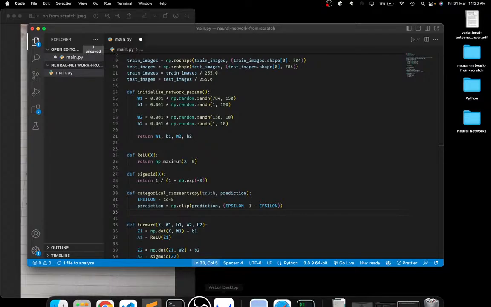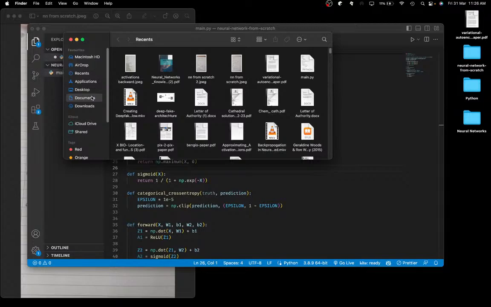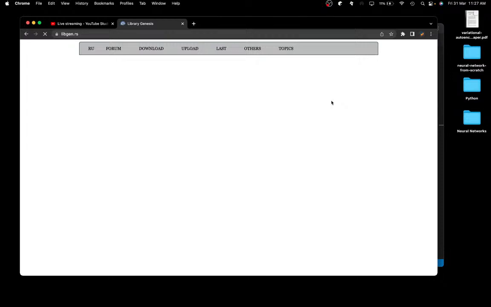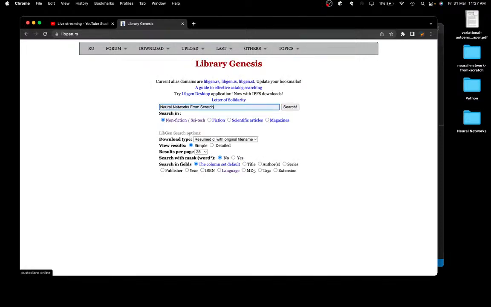So, the way I actually learned a lot of this is through a book. I have this book called NNFS, Neural Networks from Scratch in Python, and that's really from where I learned a lot about these activation functions and the code required to build them out. And I kind of wanted to show you something. Now I'm gonna download this book since that book has my email address on it, and I don't want you guys to see that. So if we just do a simple neural network from scratch search,